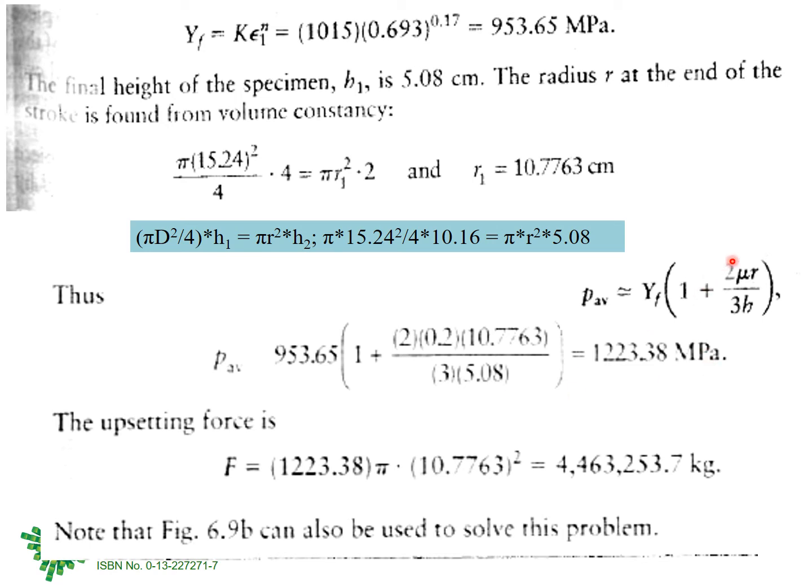So now in these equations again, if R is also in centimeter, H is also in centimeter, then without conversion you can use it because they will cancel each other out. Otherwise you can write into 10 raised to minus 2 for meter and so on. And when you put all the values there, then you get this value, 1223 point something megapascal, right? This is the average pressure.